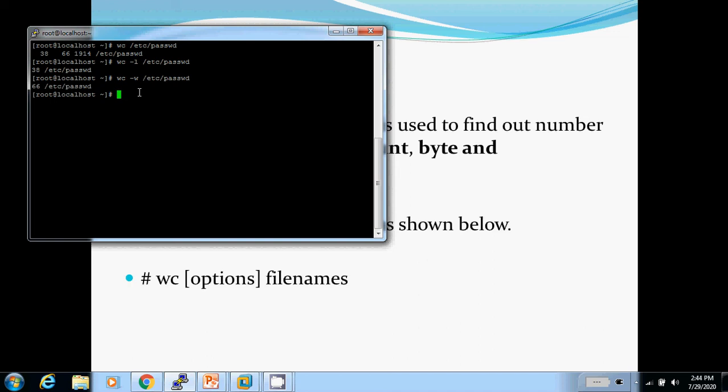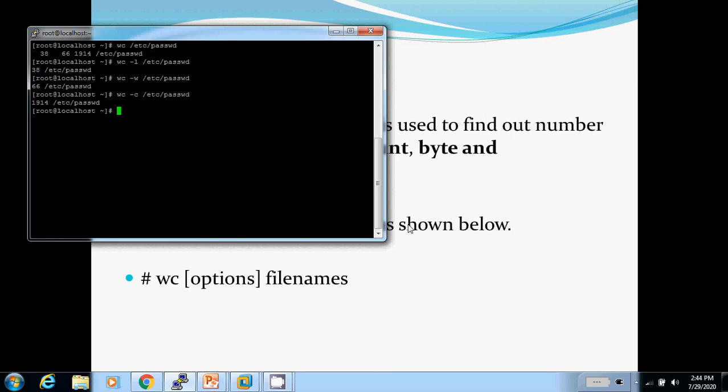There are 66 words present. Then I will check for characters with /etc/passwd. There are 1914 characters present in the /etc/passwd file.